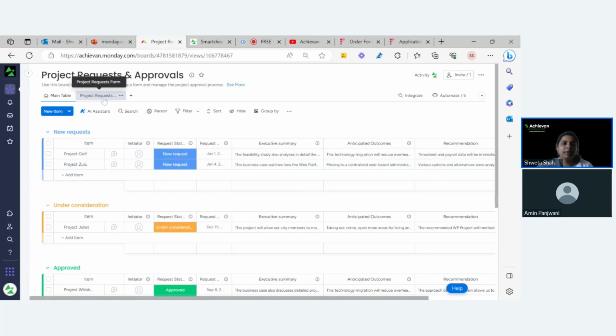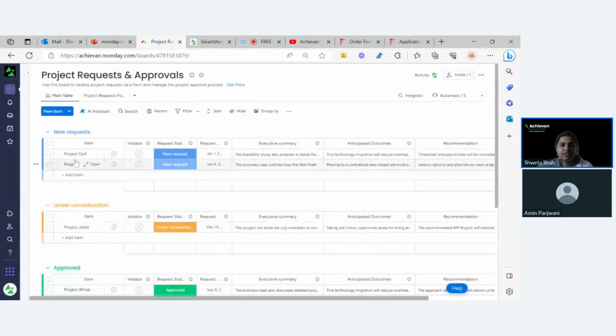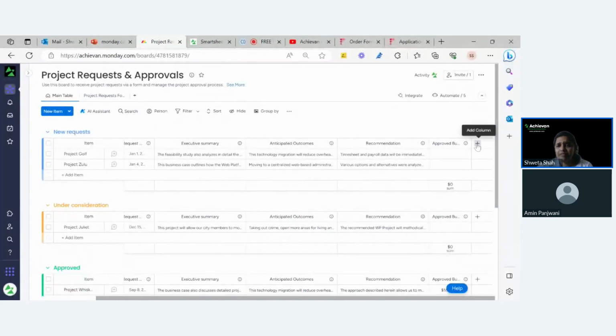In some of my clients, it was a must-have that they wanted that whenever a particular request is submitted, the person column is assigned automatically. But of course, the form was not supporting the person column. So we had to have another logic, where you have the project request, and we have to have another column